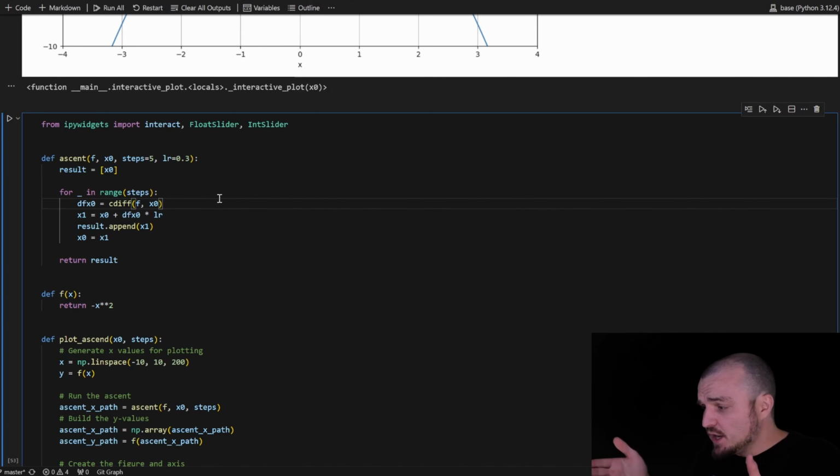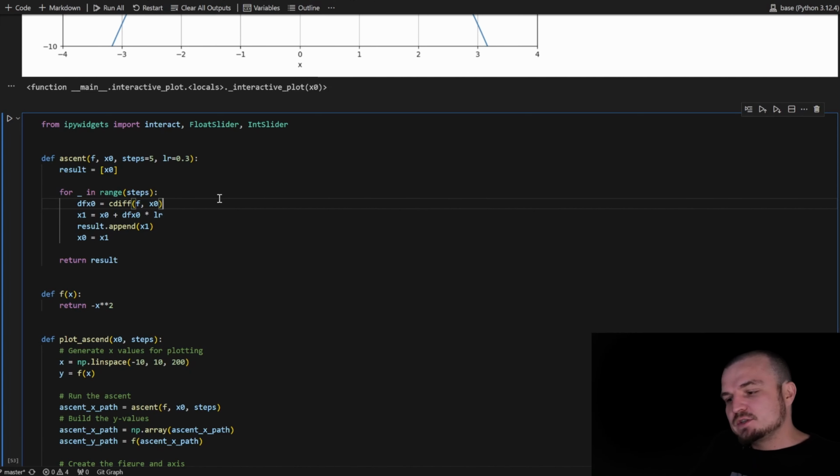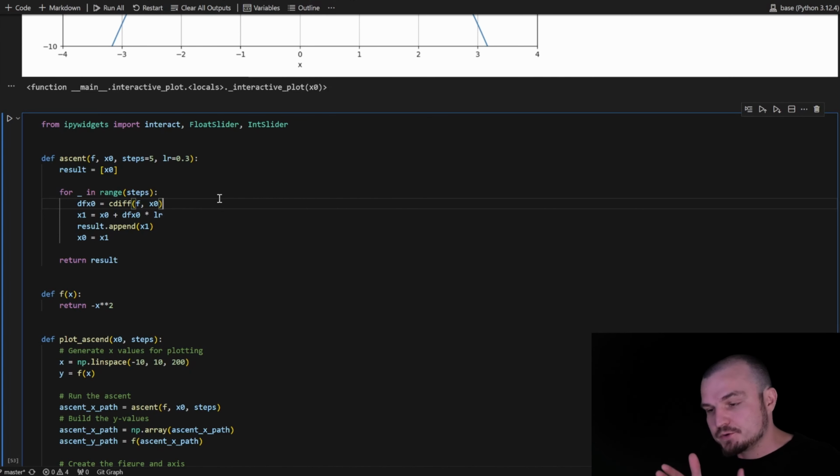This way, we just reduce the step size. I don't want to reproduce this behavior where we're just bouncing around. We want to make something different. We want to make one step in the direction of the maximum. And for this purpose, we need to reduce the length of our step.